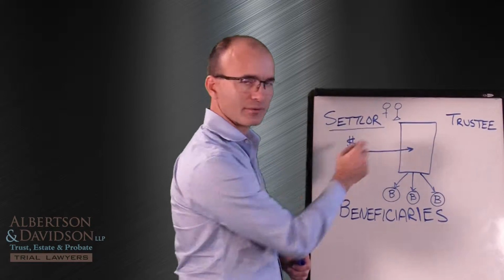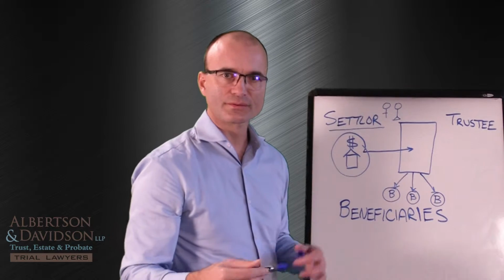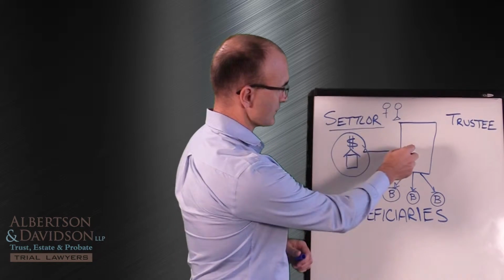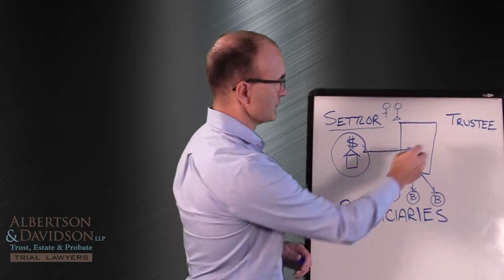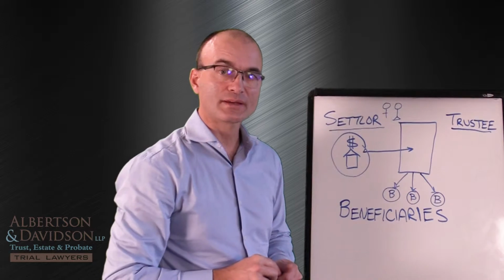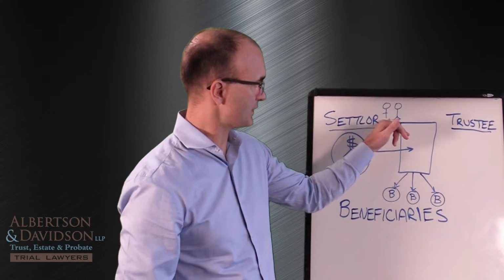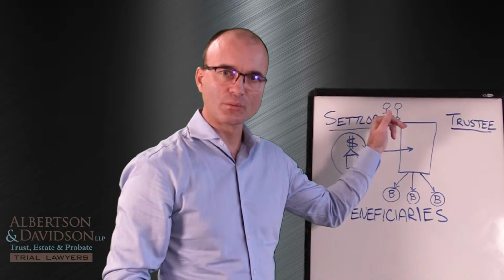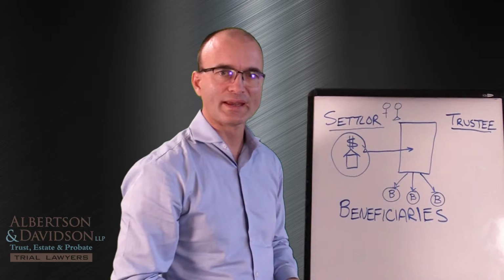And so they're going to create this trust, and they're going to take all of their assets, their money, their house, everything they own, and they're going to transfer it into the trust. The way that they transfer it into the trust is they put it into the name of the trustee. The trustee is the trust manager. That's the person who's going to manage these assets. And typically, when husband and wife create a trust, husband and wife will be trustee during their lifetime. They're going to be the ones who manage the assets.